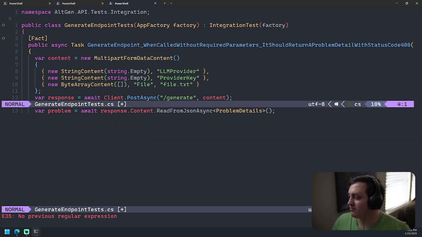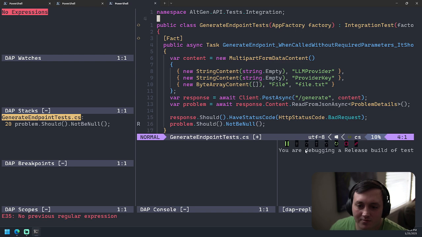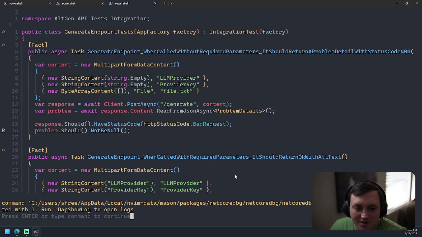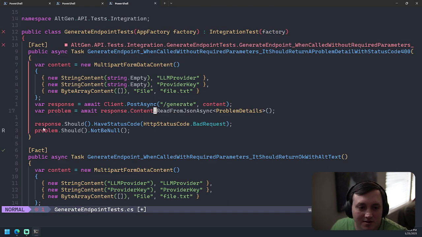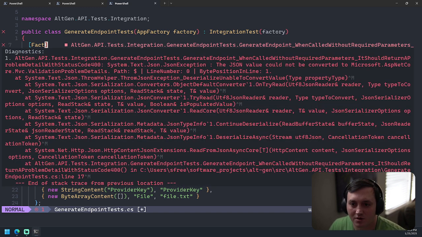Forgive me if my workflow feels very cumbersome at the moment. I'm still trying to kind of figure out how to work.